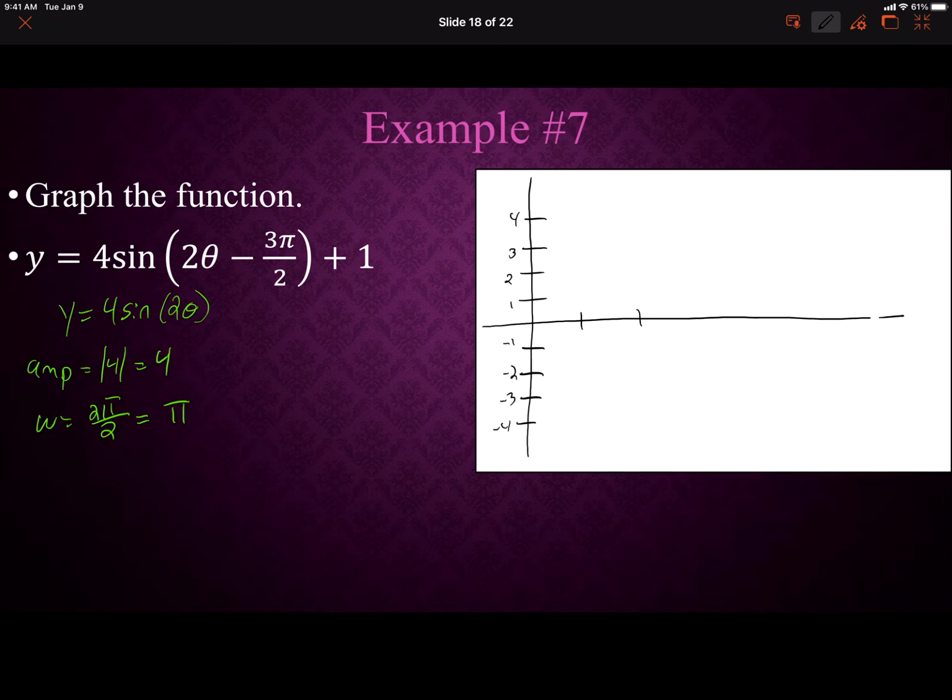We have our 4 horizontal points. Based on the period being pi, the quarter period is pi over 4, the half period is pi over 2, 3/4 is 3 pi over 4, full period is pi. So the original function,